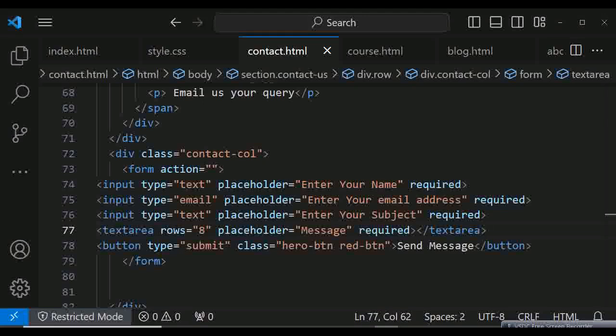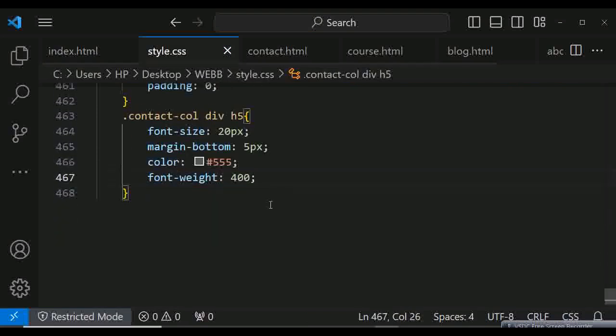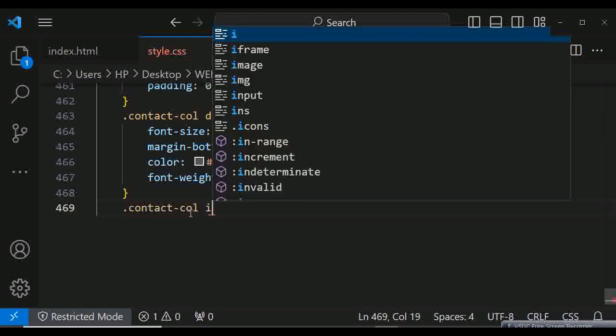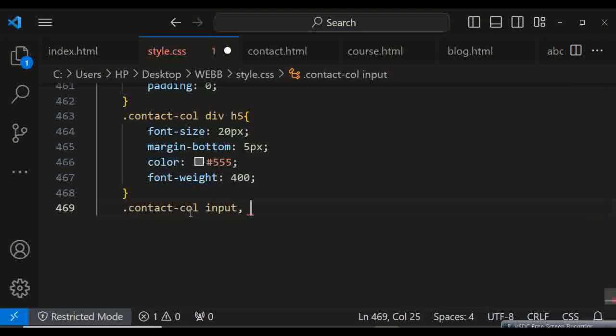So copy the class name, contact col, and go to your CSS. Dots, must put dots. So after that, put input, because we are dealing with the form. So comma, then again